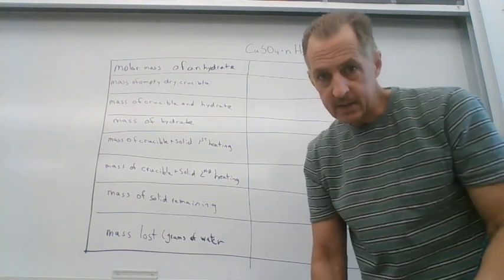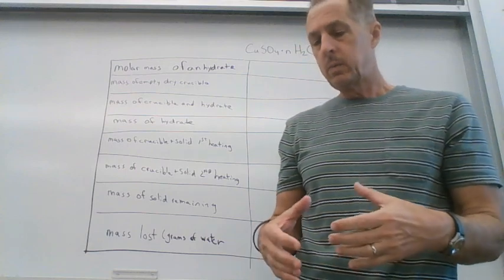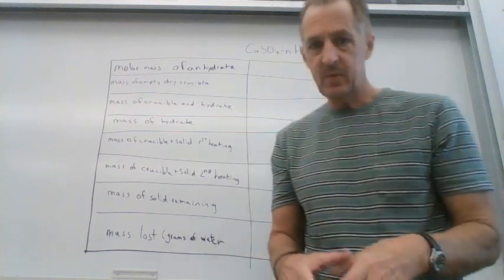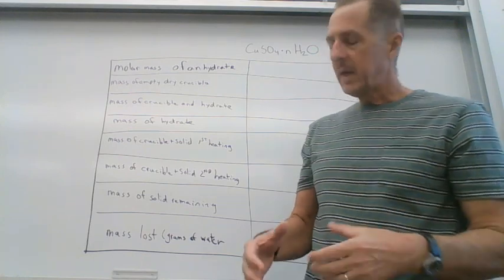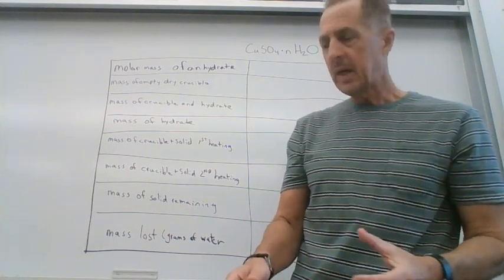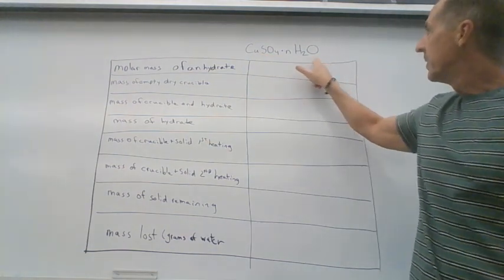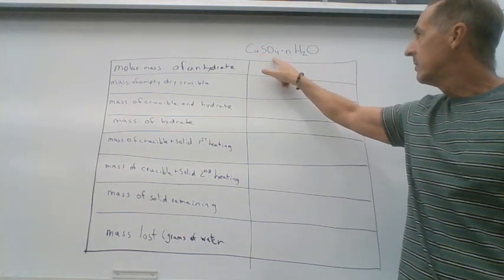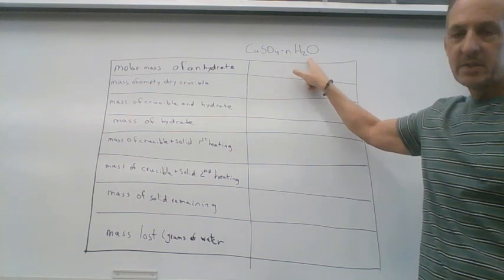All right, this is the data you'll need for the Molar Hydrate Lab. So hydrate just means we have a compound that has some water loosely bound to it. When it has that water bound to it, it's called the hydrate. We're starting with the compound copper sulfate, or copper(II) sulfate, with N moles of water attached, where N